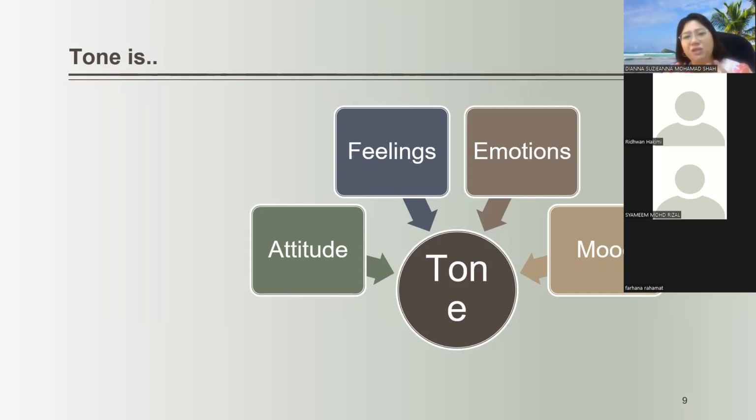Okay, imagine yourself reading a novel. I believe when you read a novel, a romance novel for example, you can imagine yourself in it. When you watch a story, when you watch a movie and you love that movie so much, you can imagine yourself to be in that movie as well.